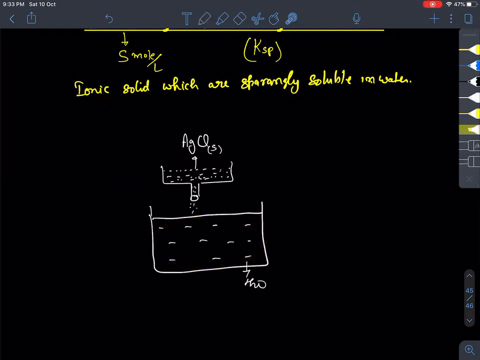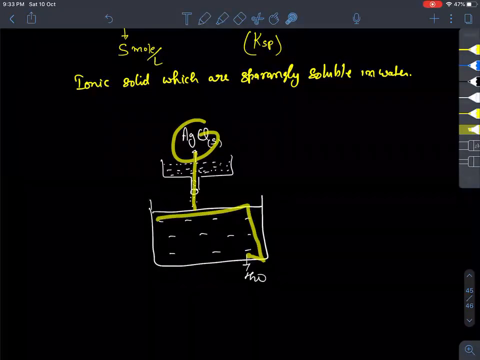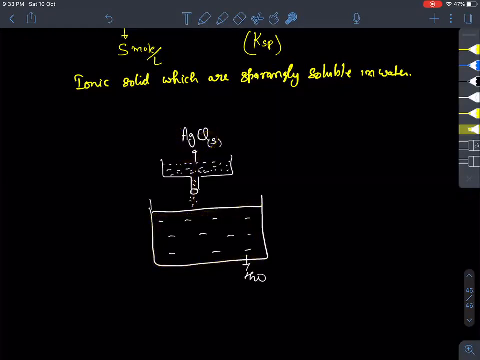It disappears completely. Basically, I am trying to tell you that initially it will completely dissolve. If you talk about the initial stage, just a pinch of AgCl salt in a liter of water will dissolve. But what will happen if you keep adding? And why does it dissolve like this?